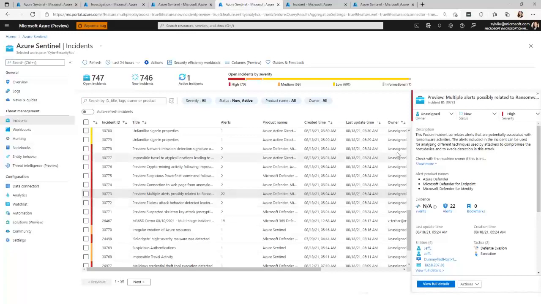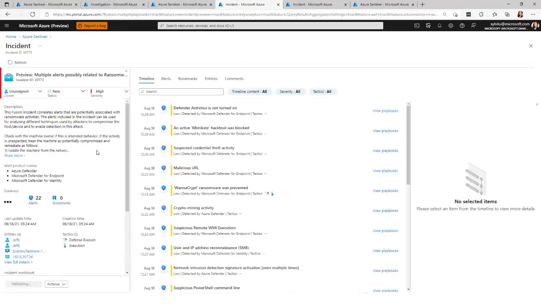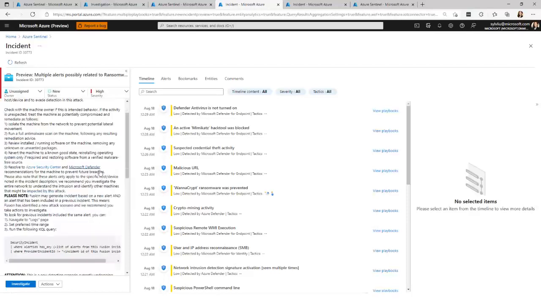So here is a ransomware detected incident. You can see the incident title is shown as multiple alerts possibly related to ransomware activity detected. In the incident description, we included the recommended steps we think you can take when you see an incident like this.